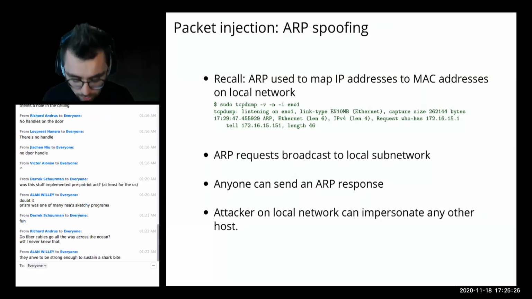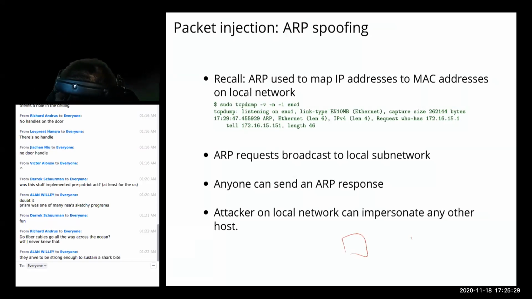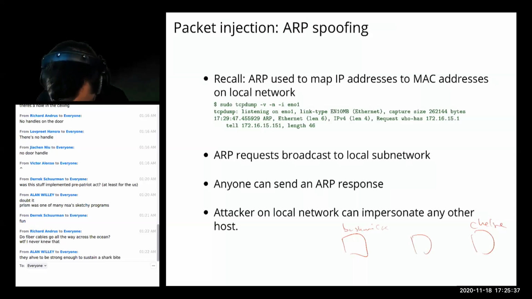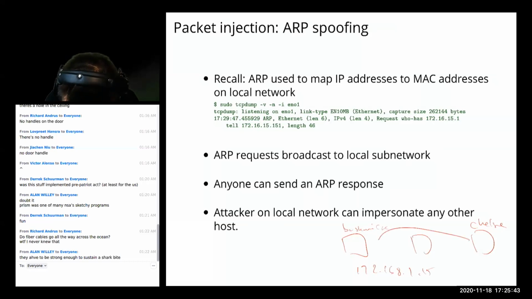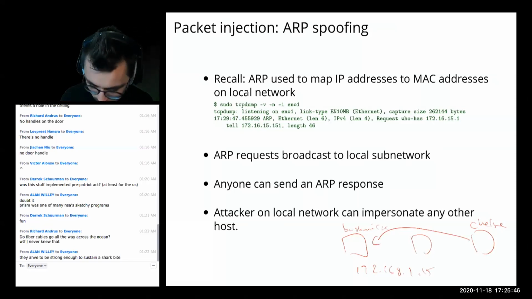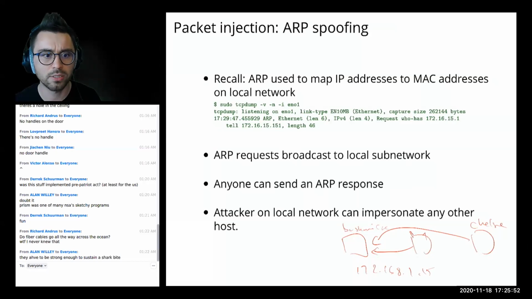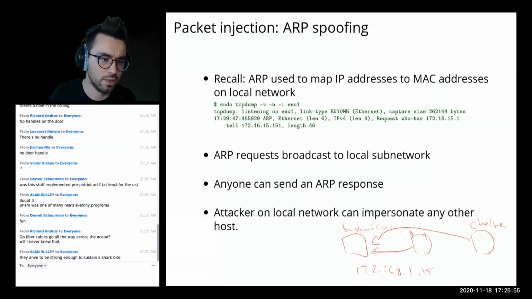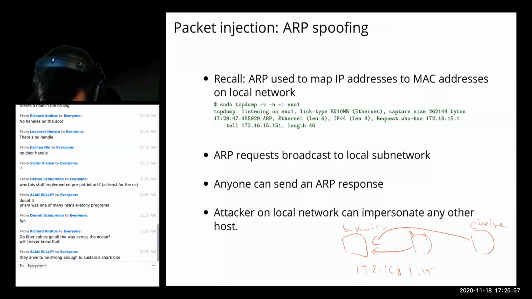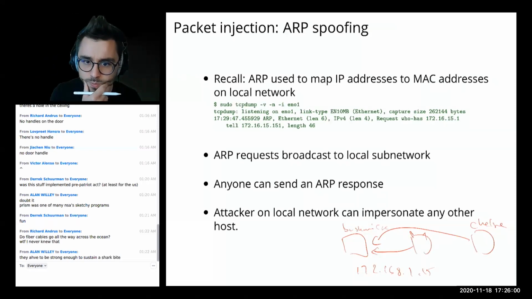So as an attacker, one thing you can do when we're in a local network, say this is Chelsea and this is Bushwick, and normally when I ask for 192.168.1.15, Chelsea replies back with, hey, yep, that's me. This is my MAC address. But as the attacker, as long as I beat Chelsea to that response, I can say, actually, no, I'm Chelsea. And where this gets pretty interesting is when you're spoofing the IP, the MAC address, or claiming to be the gateway.